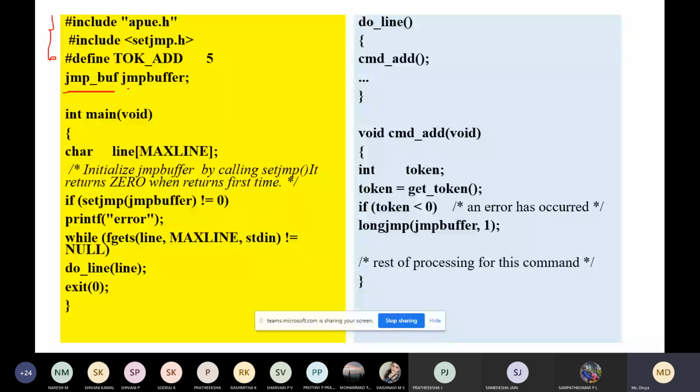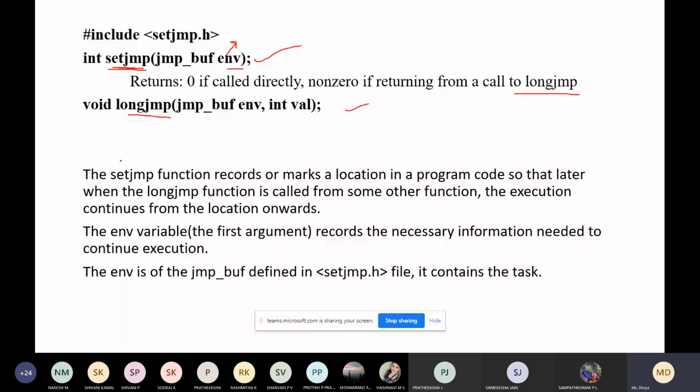You can see env is an argument of a special data type, jmp_buf. jmp_buf is a special data type, some form of array, which is capable of holding all the information required to restore the status of the stack to the state when we call longjmp.